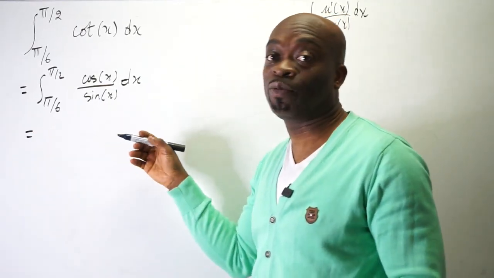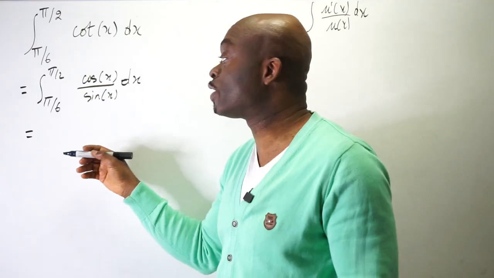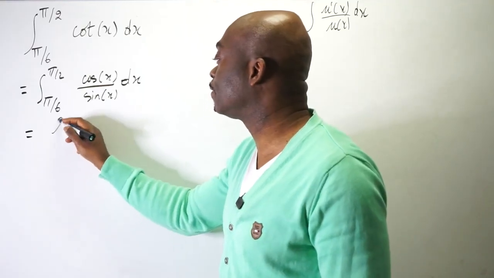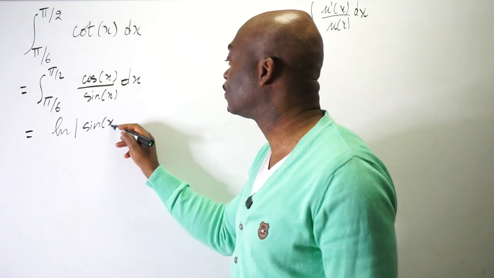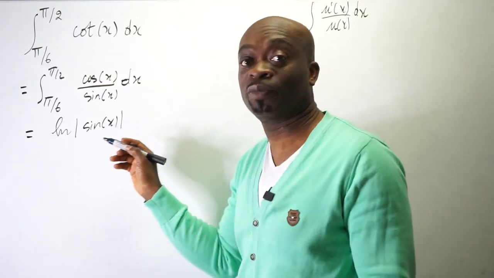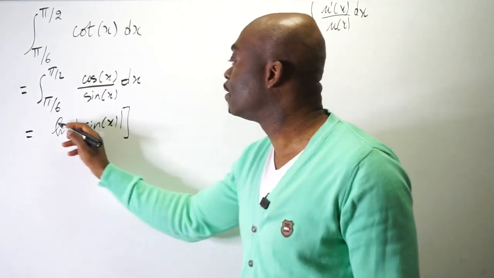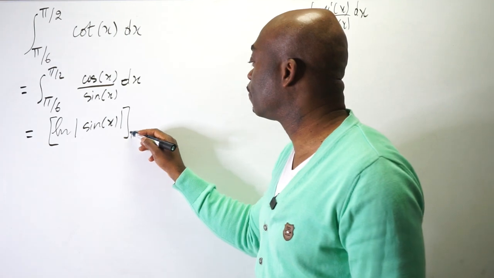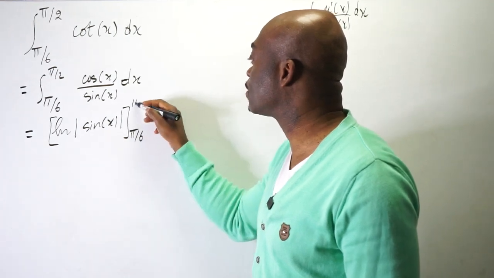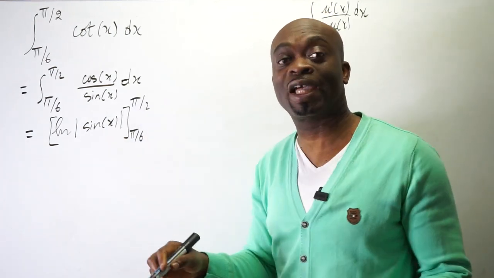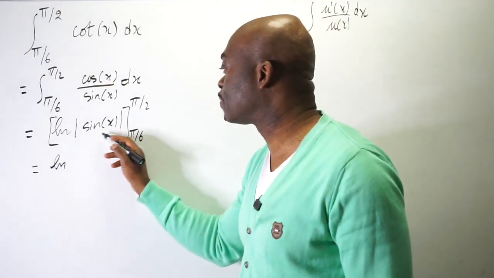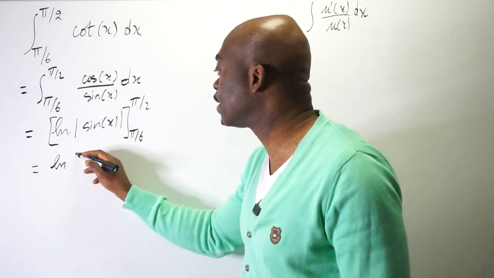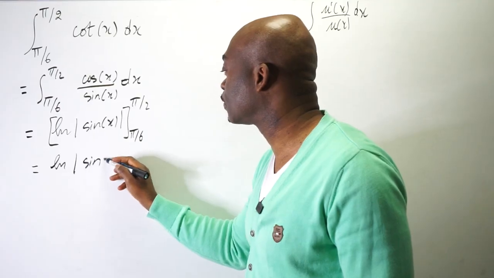So you don't need to think too much anymore. Automatically, we're going to apply the rules. So that would give us the ln of absolute value of sine x, straight up, okay? But in this case, we have from pi over 6 to pi over 2 that we have to account for. That means we have to evaluate ln of absolute value of sine x, so in this case, sine of pi over 2